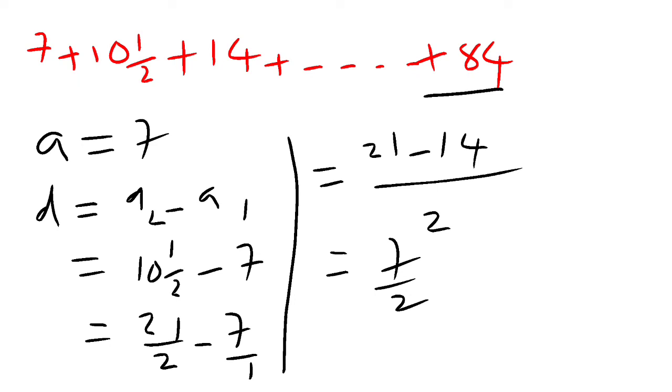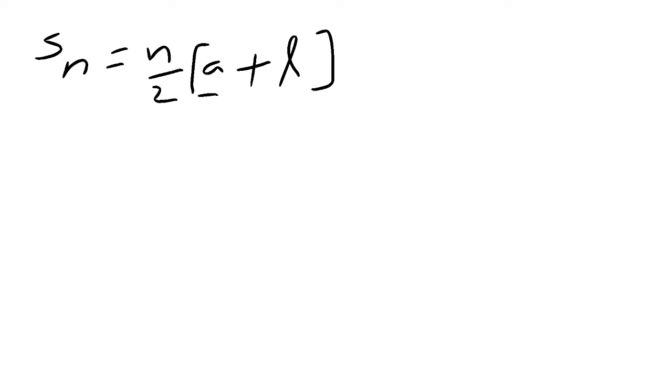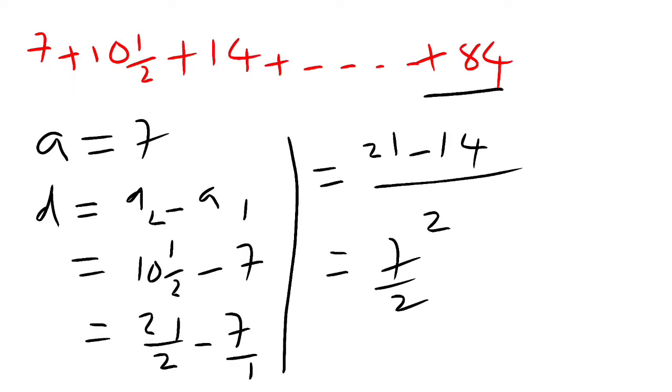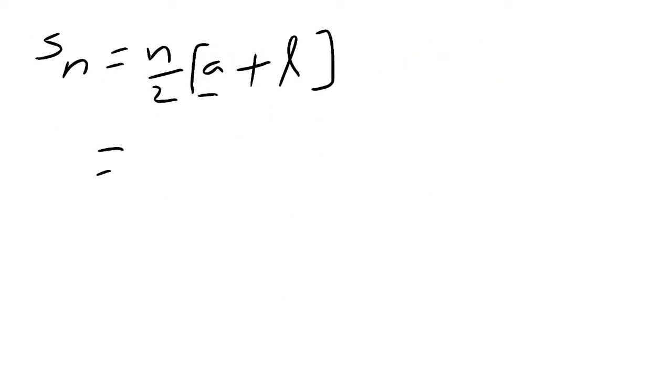So now we got the information about the number of terms. So indirectly, how many terms sum we want to find out? Yes, 23 terms sum we want to find out. So let's find out S23. Sn equals n by 2 of A plus L. See, here I am using n by 2 of A plus L. Why? Because observe the given AP, the last term is available. So then we can use this formula. Of course n by 2 of 2A plus n minus 1 into D is also useful. But in the simplification, n by 2 of A plus L is very easy to simplify.